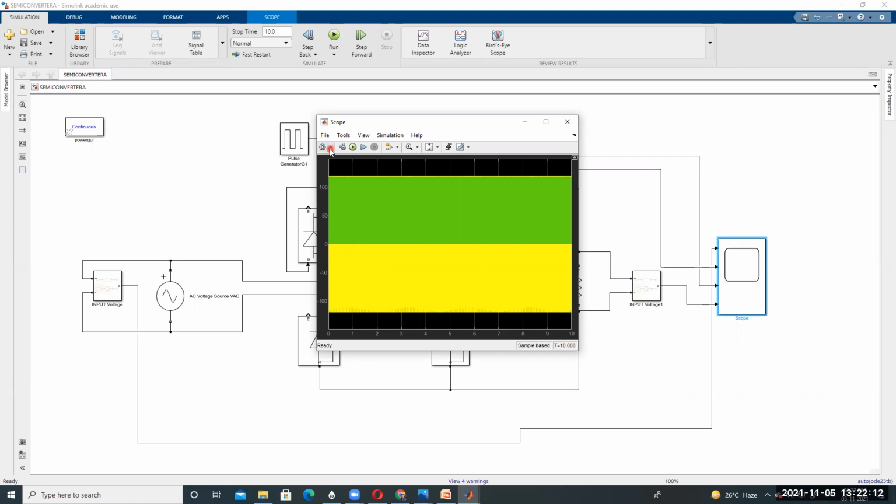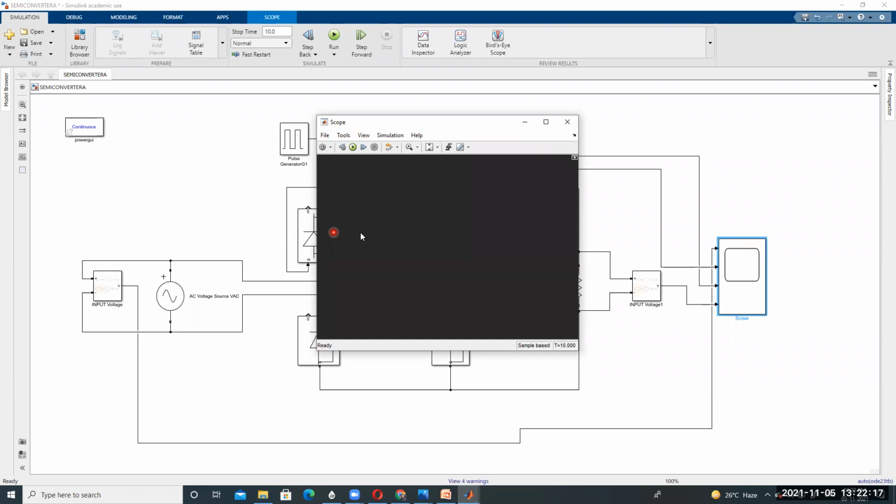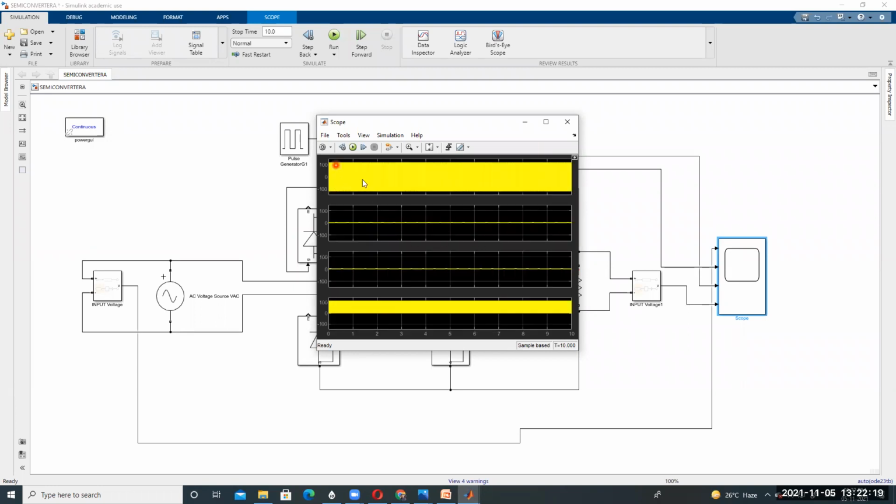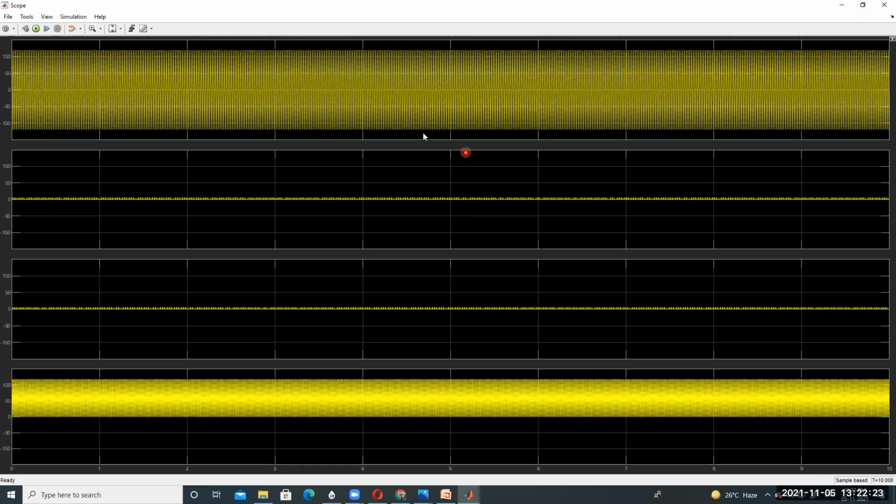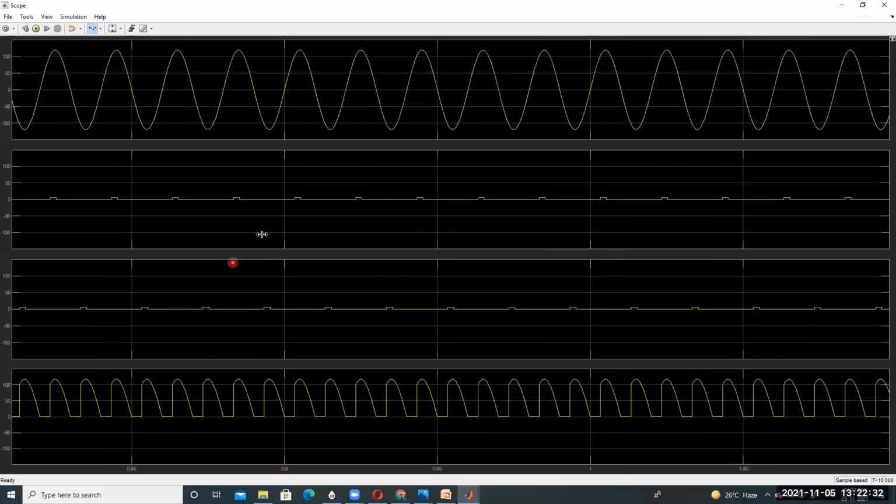So press here and then here to get the required 4 blocks. Then to adjust the waveforms, press like this, and horizontally it opens like this.